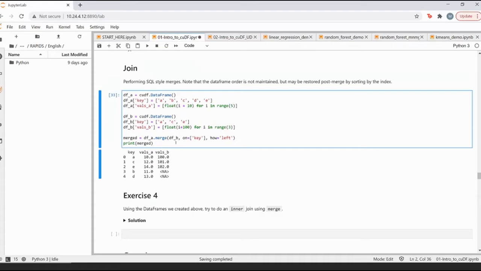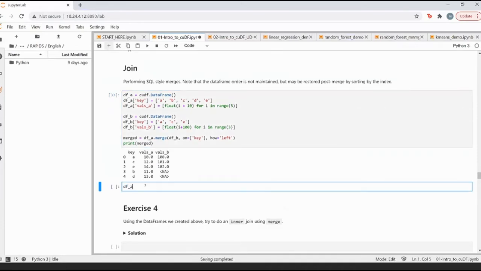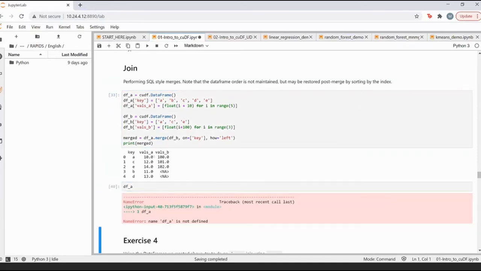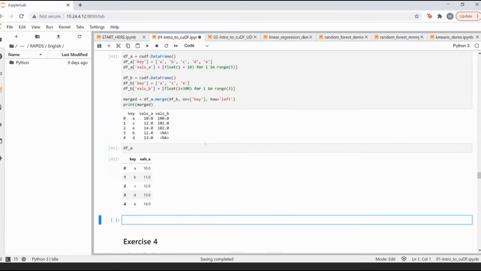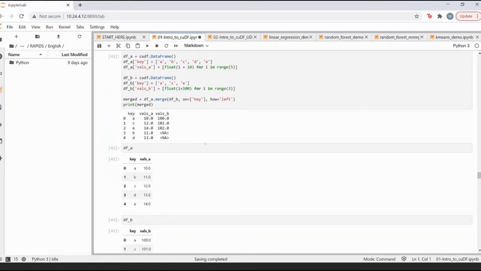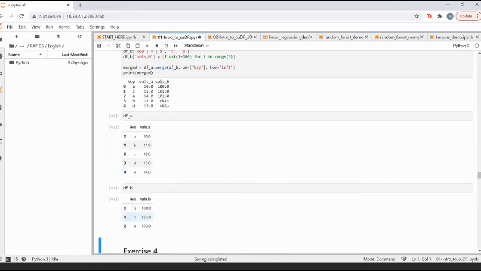So essentially, with keys A, C, E, B, D, I'm assigning some values. Let's try to print these things out. If I say df underscore A, right, I can see that this is what I've initialized. This is the data frame. If I say B, these are the elements that I have.